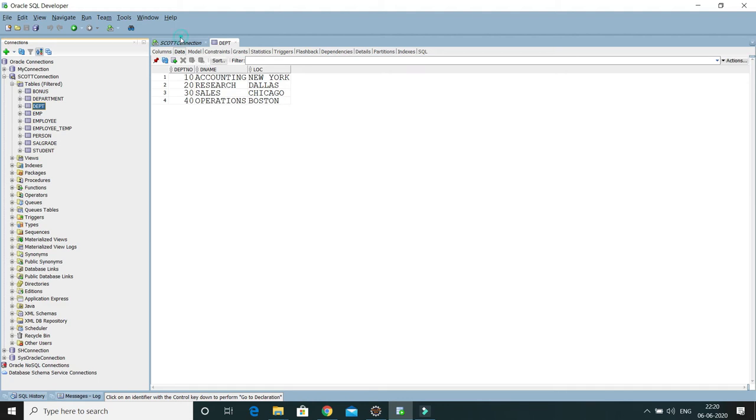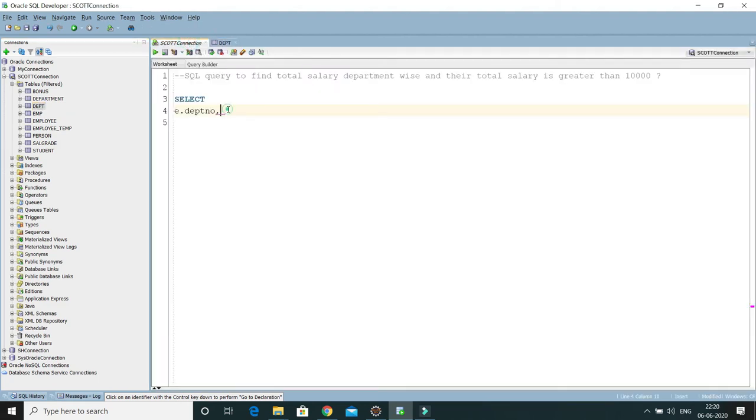So department number I am fetching from the EMP table, then d.dname I would like to get from the department table, then the sum of the salary, the column name is sal, so I'm going to apply that.